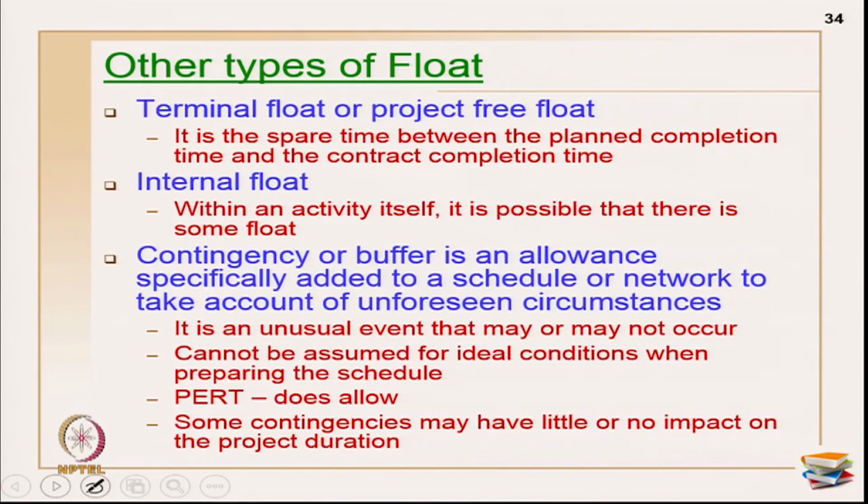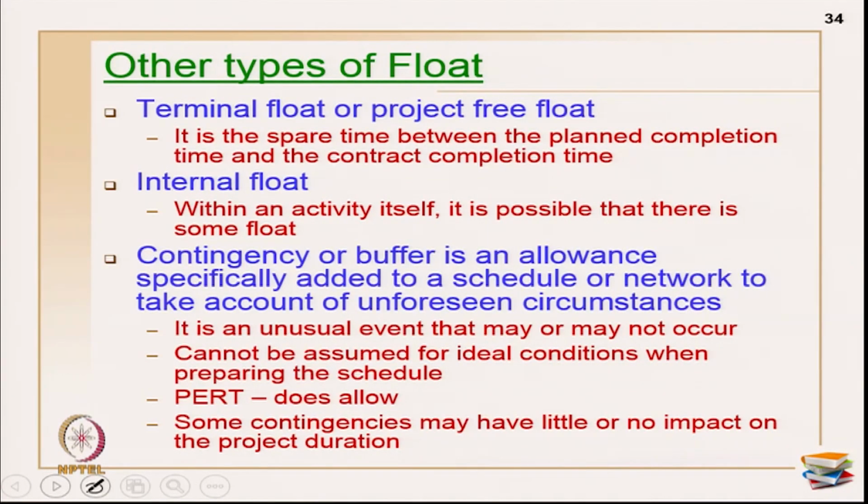The next one is contingency or buffer. So, contingency should not be confused with the floats. Okay. Contingency is an allowance you purposely give onto the project, and that is primarily called contingency. So, contingency or buffer is an allowance specifically added to your schedule or network to take into account unforeseen circumstances. So, it is an unusual event that may or may not occur. Okay. That is primarily what you cover up as a contingency,